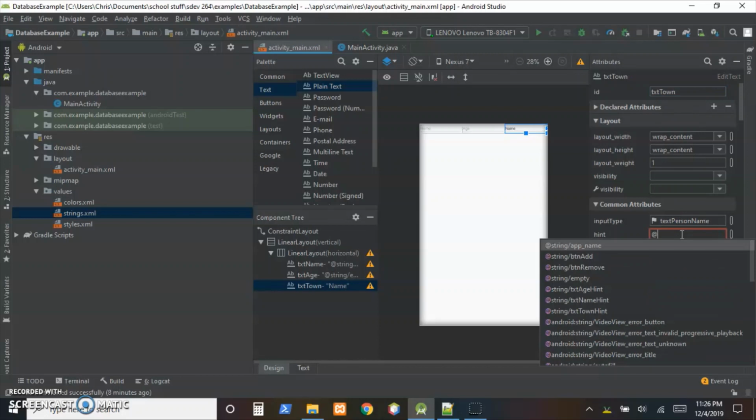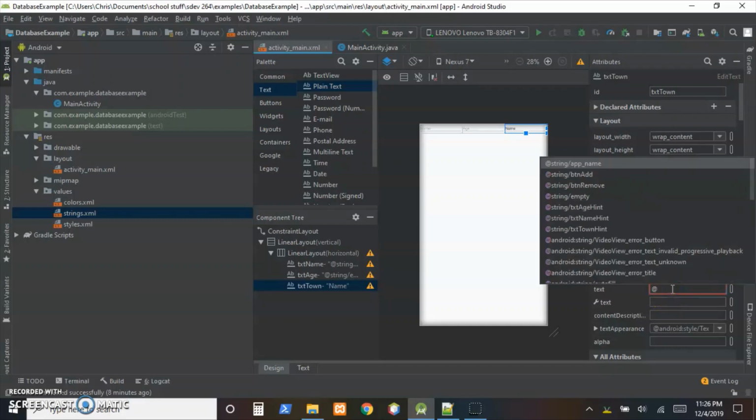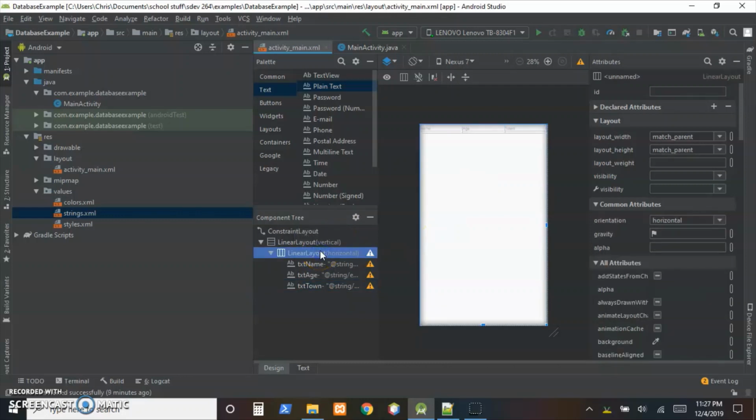Put in the little grayed out text that'll go away as soon as the user starts typing instead of some actual text there. And put an empty string for the actual text. And that kind of wrapped that nicely. We can see though, here if we click back on the linear layout,